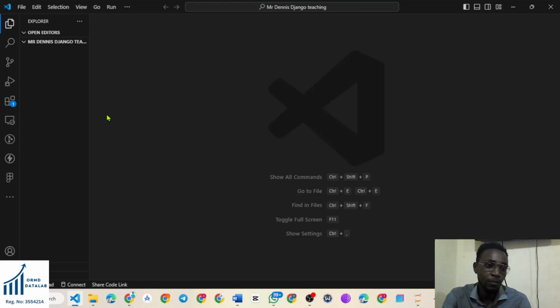So we'll need some extensions on our Visual Studio Code, which is the IDE that we'll be using for our Django project. Now, if we were making use of PyCharm, we would not need to download these extensions, because Visual Studio Code is not a dedicated Python IDE. So we need to get those